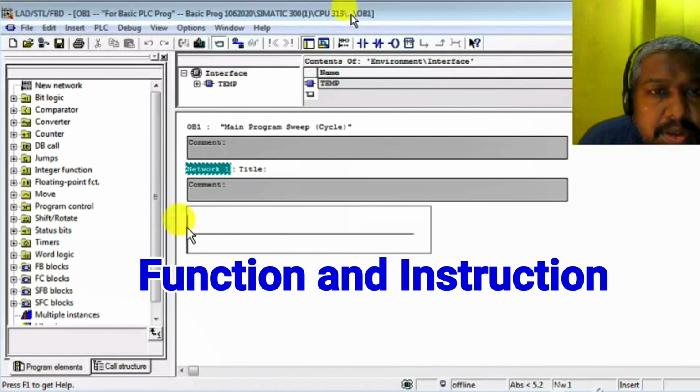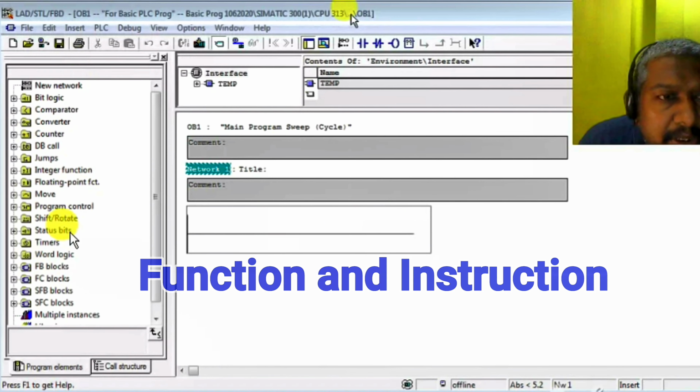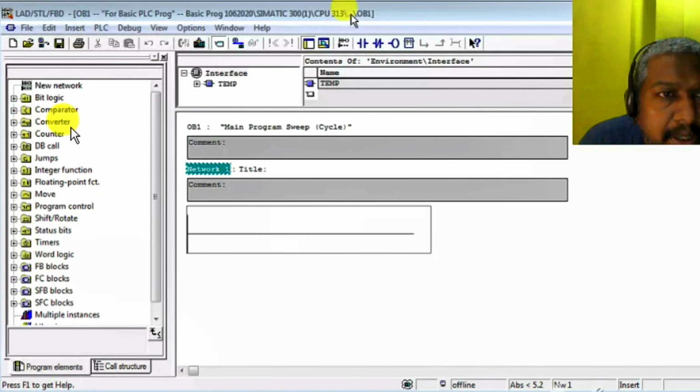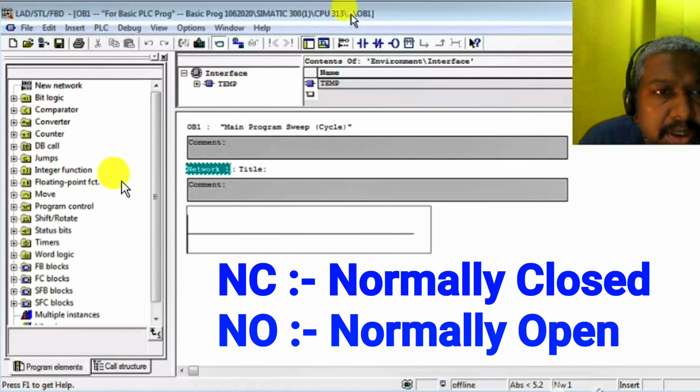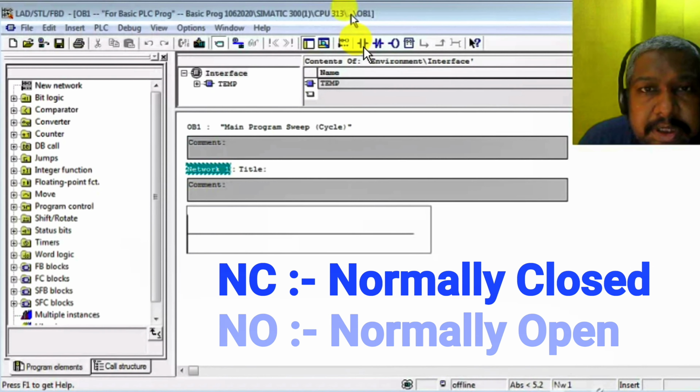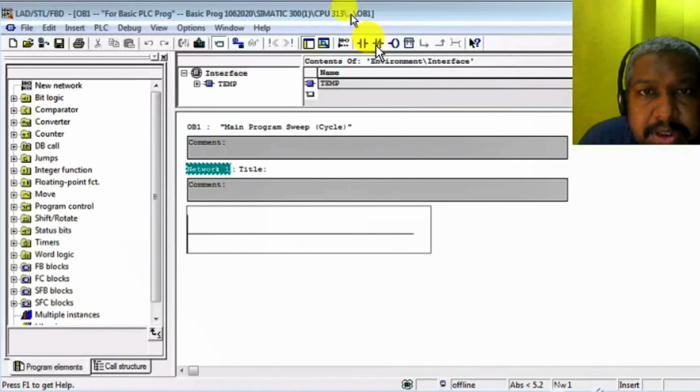This is a network, that is a ladder, an empty ladder. These are functions: comparator, converter, counter, DB call, jump, move, program control, shift, rotate, timer. This is the instruction set, the instructions used at the time of programming. This is NC, normally closed. This is NO, normally open. These are the normally open contact and normally closed contact. And this is the coil.